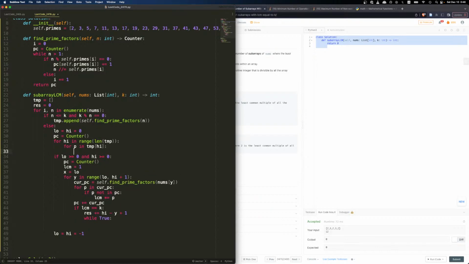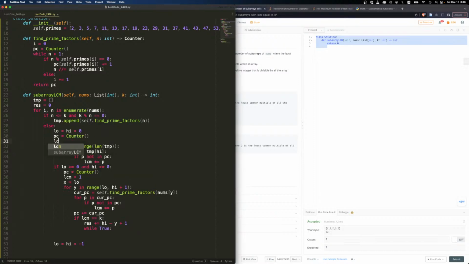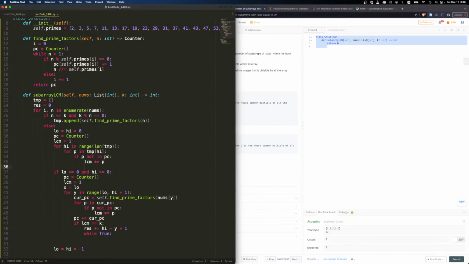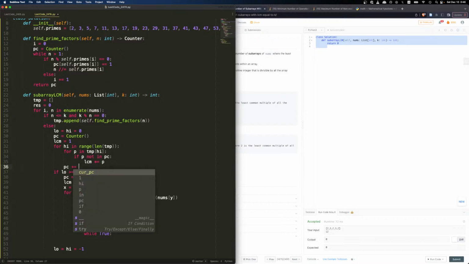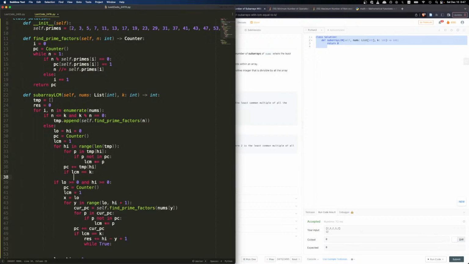Right? If P not in PC, LCM multiply equal to P. Okay, LCM equals 1. PC plus equal to temp high, right? So if LCM is equal to K, then